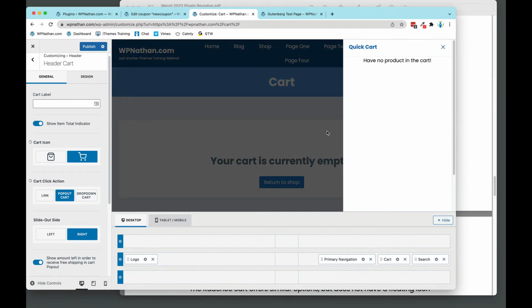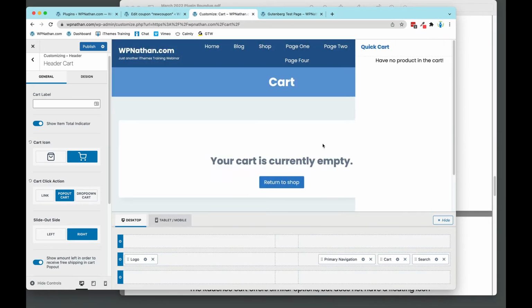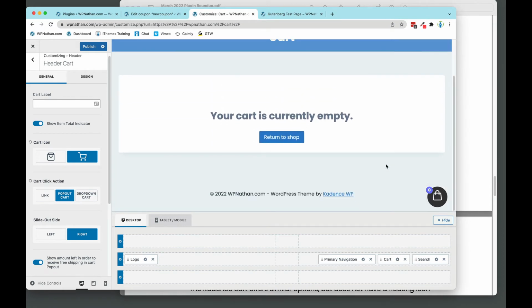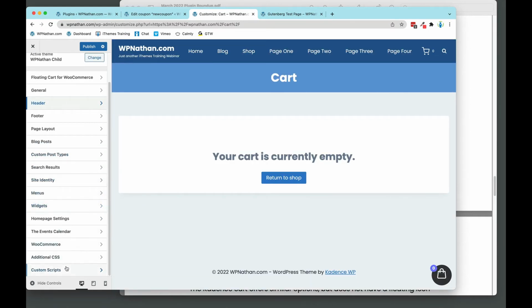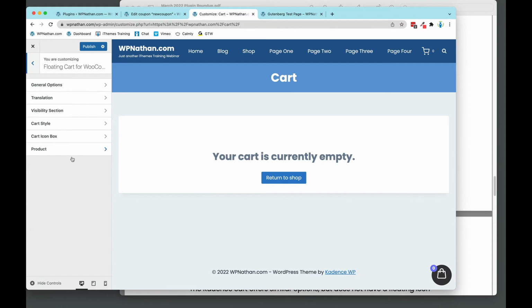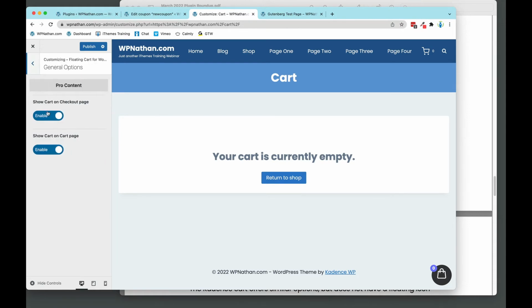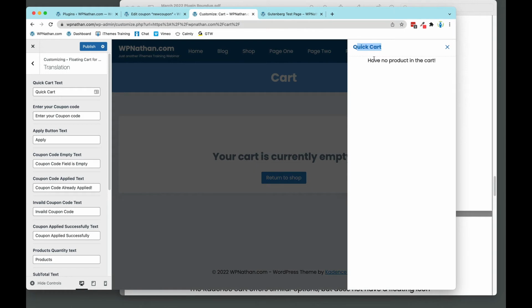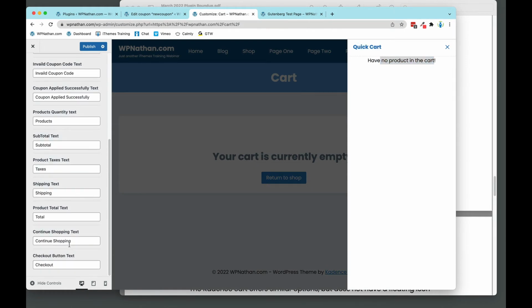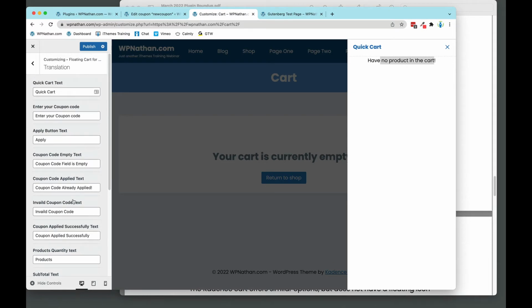When we click this, it does something very similar, but we've got this nice floating cart icon that stays at the bottom. Now, it is controlled by the customizer. Let's see. Oh, it's right here at the top, Floating Cart for WooCommerce. And you've got a lot of options you can control. Like, are we going to show it on the checkout page or the cart page? It gives you the ability to translate. So, for example, we click this and there's quick cart. Have no products in the cart. So all of that is text that you should be able to